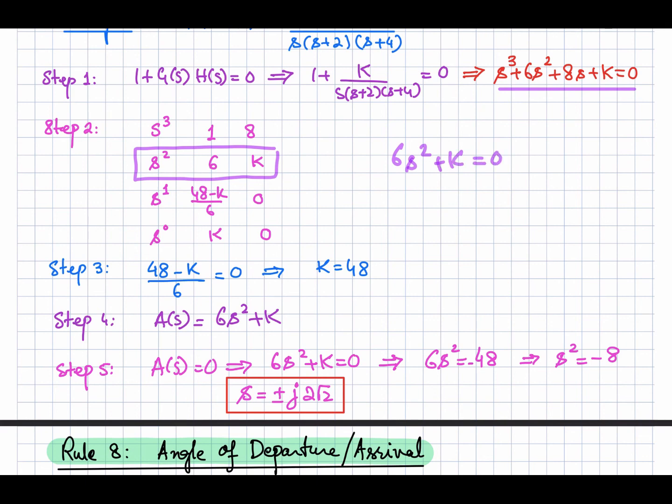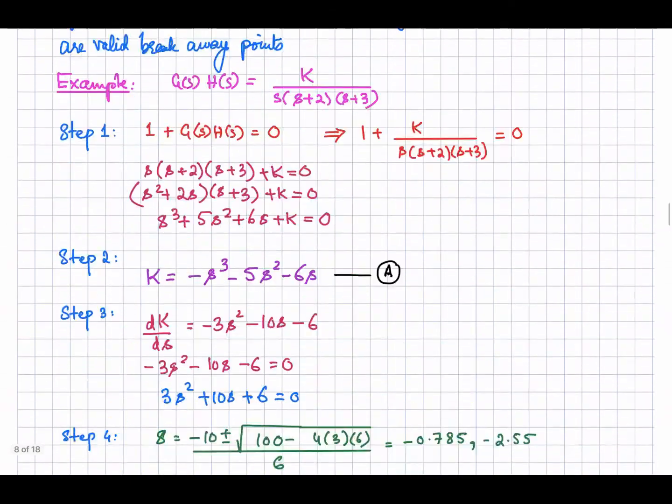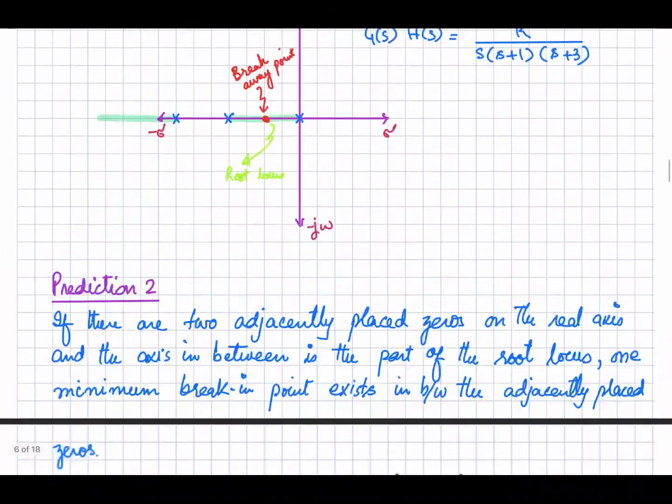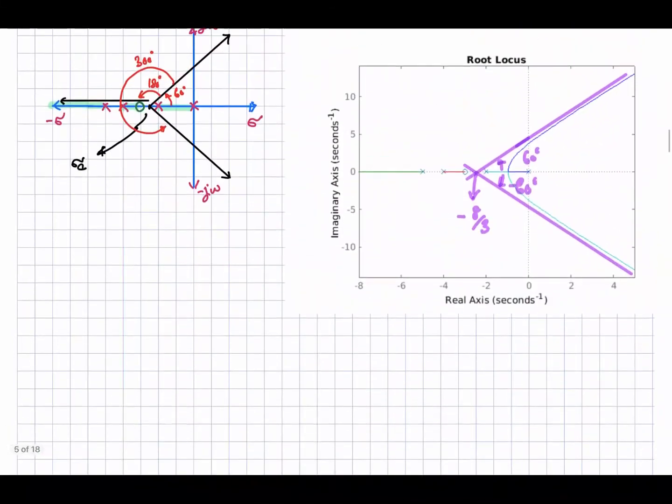Now if we look at the roots of this equation, this can be written like this, and finally the roots are s equal to plus minus j2 under root 2. So you have two roots at the j omega axis. These are basically the closed loop poles at the j omega axis, and this is where they will cross. If I look at this example, these are those points. So when the poles cross the j omega axis, those points can be determined and the corresponding gain can be calculated.